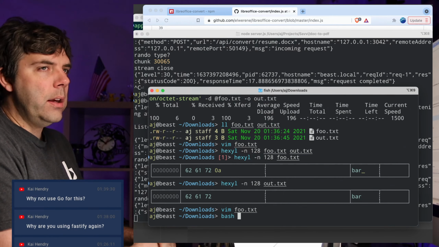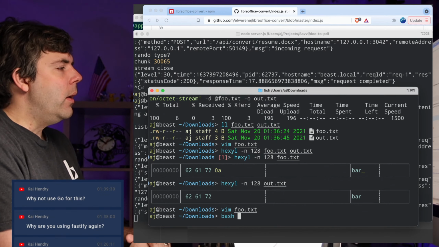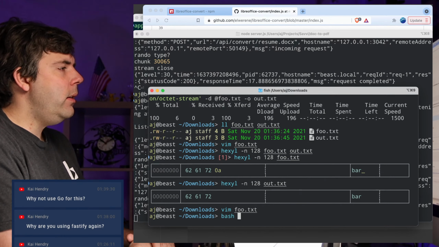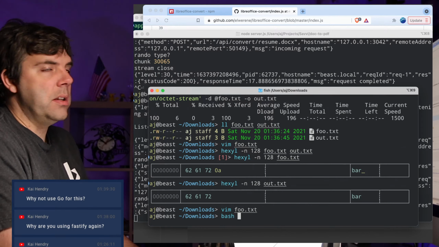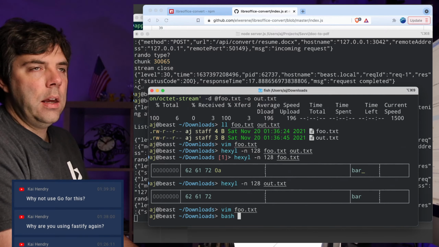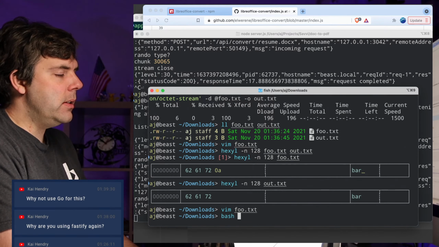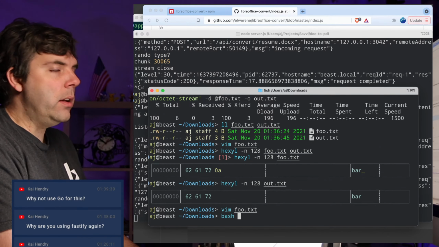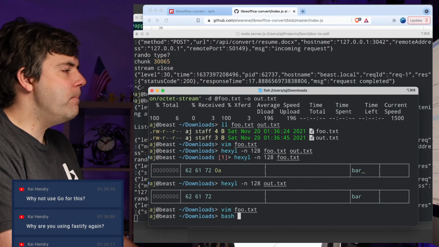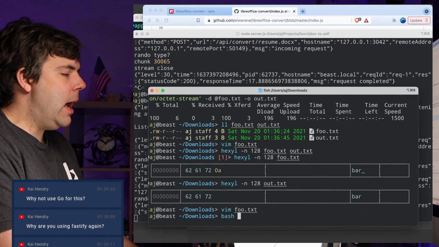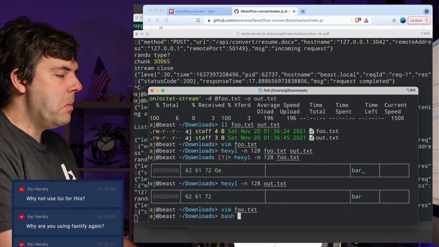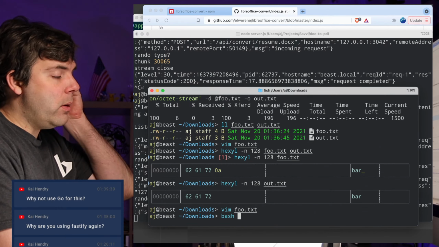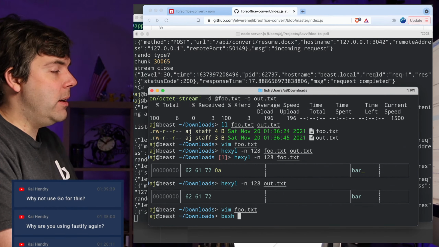Why not use Go for this? That's an excellent question too. It's because there's no reason not to use Go for this, really. It's just because we don't have any services that are in Go presently. And I just wanted to pull this out and make a quick little microservice out of it, and Node works just as well. And if I were to use Express, I would have already been done. But